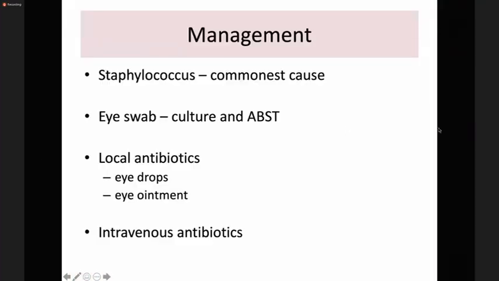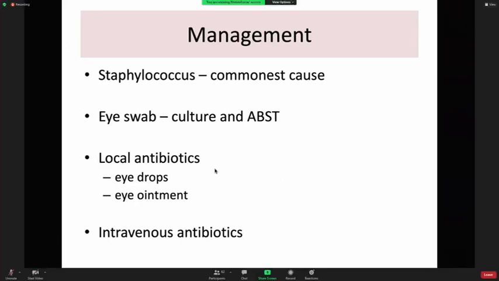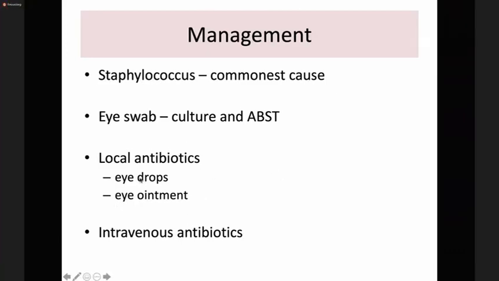Okay, so conjunctivitis is commonly caused by staphylococcus, right? And before we start antibiotics, we have to take an eye swab for culture and ABST. So we treat with local antibiotics if it's only a conjunctivitis, like we saw in the second picture. We can use eye drops or eye ointment. As we mentioned, we can use some